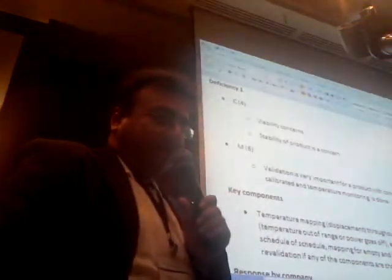The majority of our group classified it as a major deficiency, while some of them said it was critical, because validation is a very important procedure in order to get a product of consistent quality. But on the other hand, a few members said that if we have a lot of control points which monitor the procedure, then it should be classified as a major